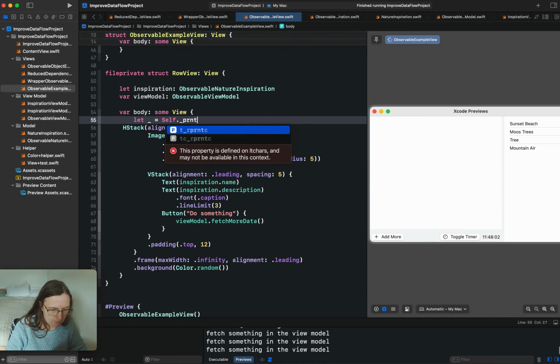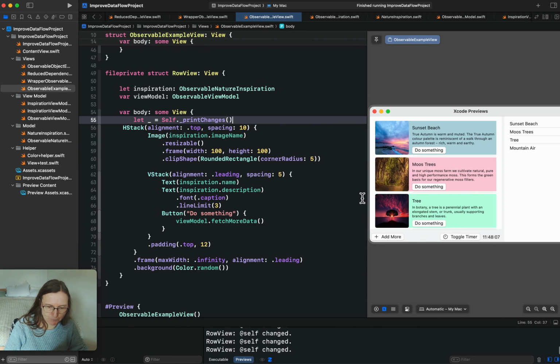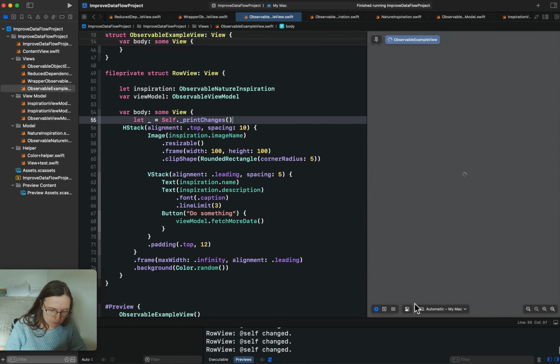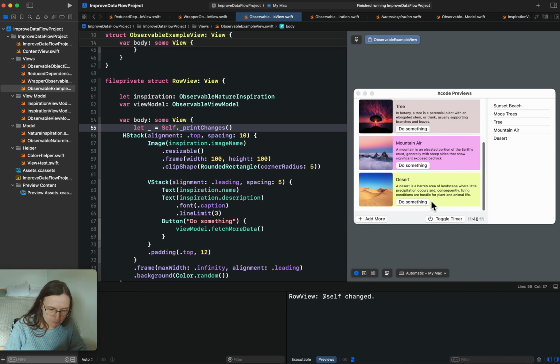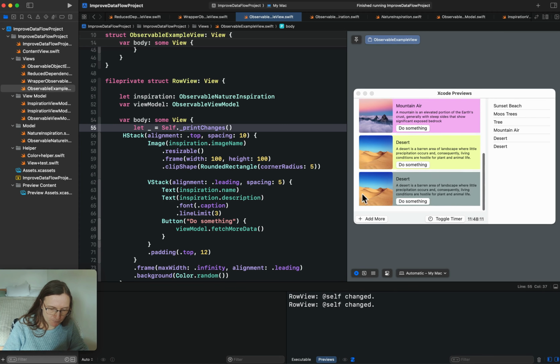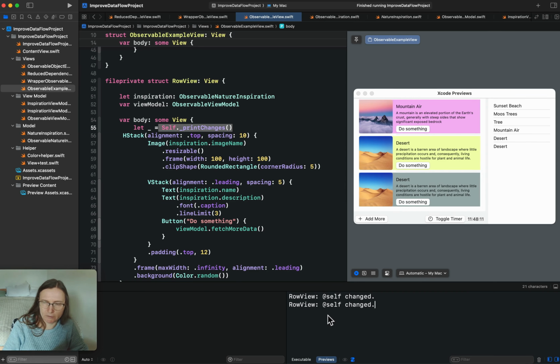Self.underbar print changes. Okay, let's go to live preview. I add one more element. It is added here. I have one new row created. Add more. Here's one more. The weird thing about this print statement now is that it gives me a self changed. Because it's a new row with a new identity, I thought this should be an identity, but